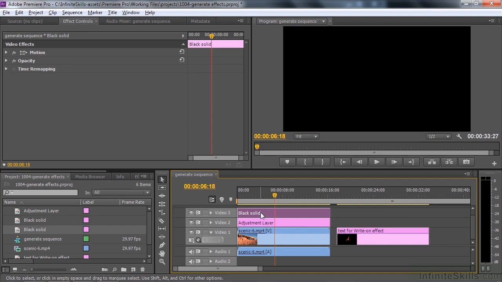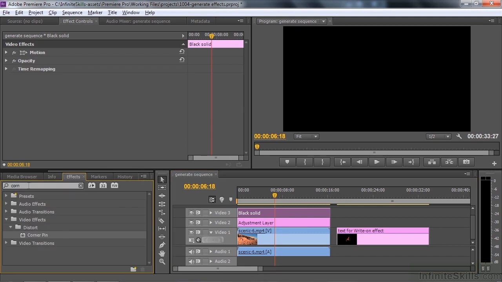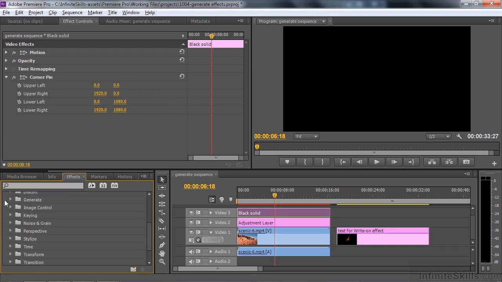This is kind of a higher level trick that I'm going to explain when I work with the lens flare effect, but I'm just going to throw it at you right now so you can see how it works. I'm going to apply the grid to that one, so I'll go back to the effects, like so. We'll go apply corner pin to it now to get that over with. Then I'm going to go apply the grid to it, so I'll go back to the generate effects. There we are. And here's grid down there, and I'm going to apply that to it as well,